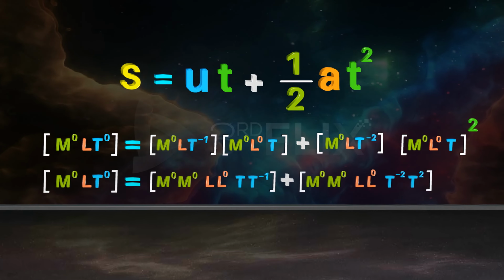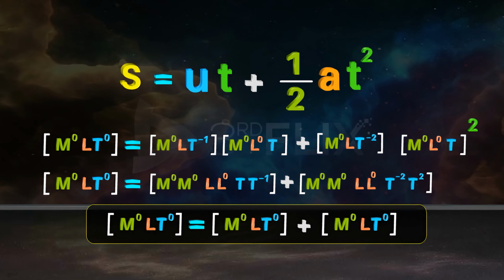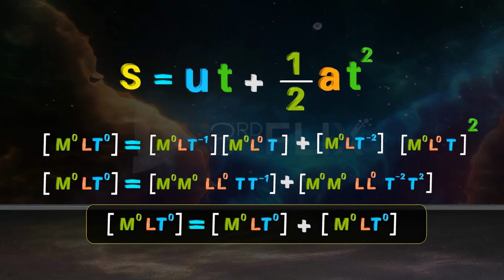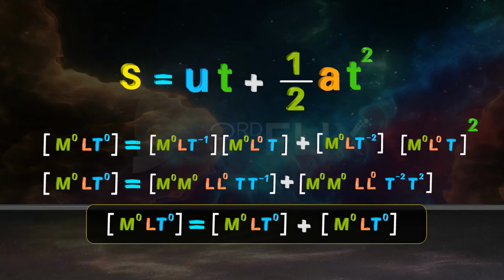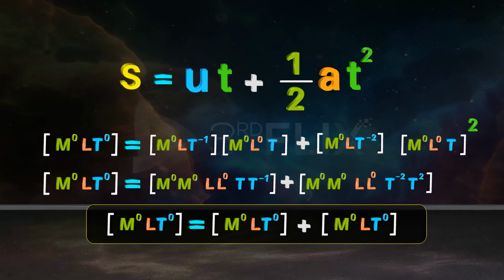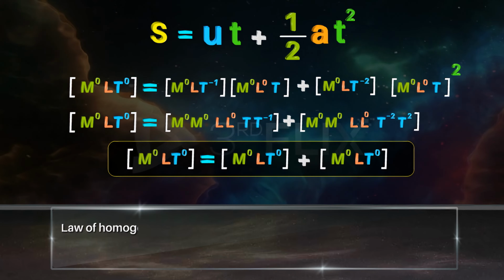You can observe that both the terms on the right-hand side have the dimensions of length. It makes sense that two terms with the same dimensions can get added. Hence, the equation has the same dimensions on both the sides. Law of homogeneity